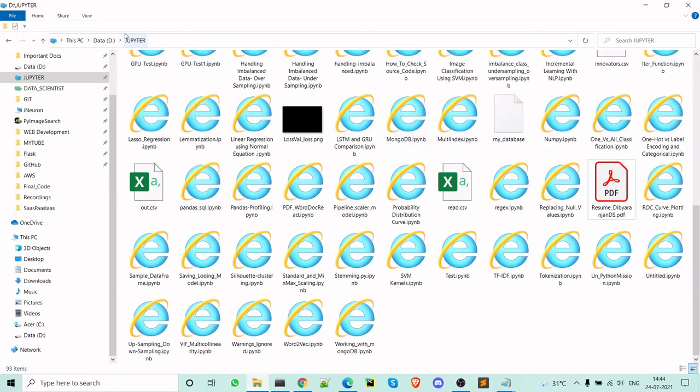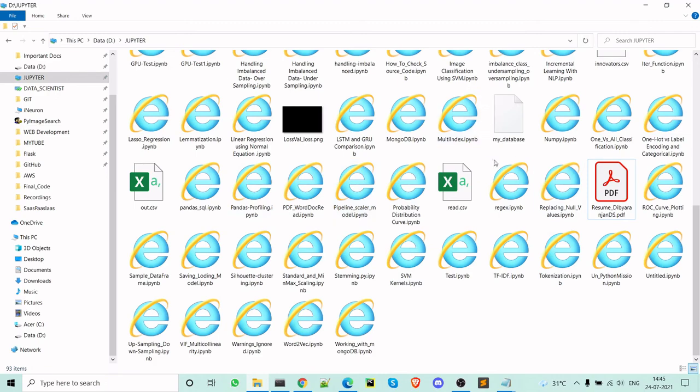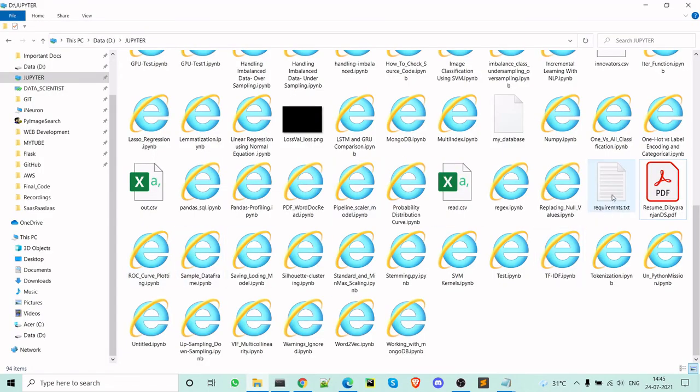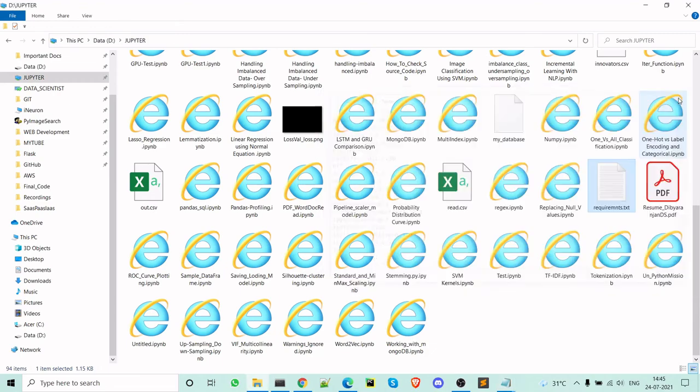So this is my Jupyter directory. You see now we don't have the requirements.txt file. So you write pip freeze greater than requirements.txt, okay, and see, you have your requirements.txt file created.